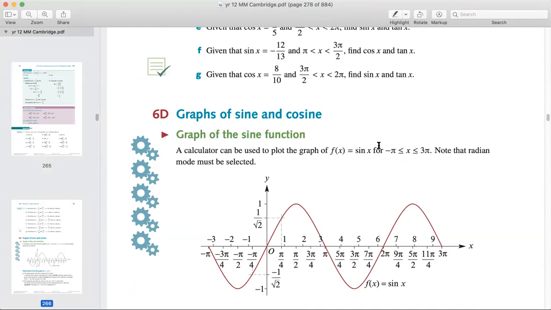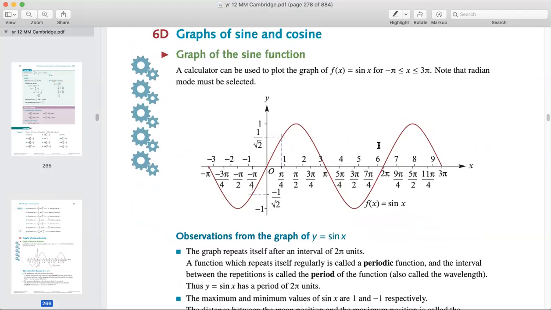This should be familiar to you guys, and you learned it in year 11. So normally for sine x, our period is 2 pi, and this is a periodic function, and the maximum and minimum values should be between -1 and 1. So which means the range of my sine x is -1 to 1. And my domain, without any restriction, is just R. And again,